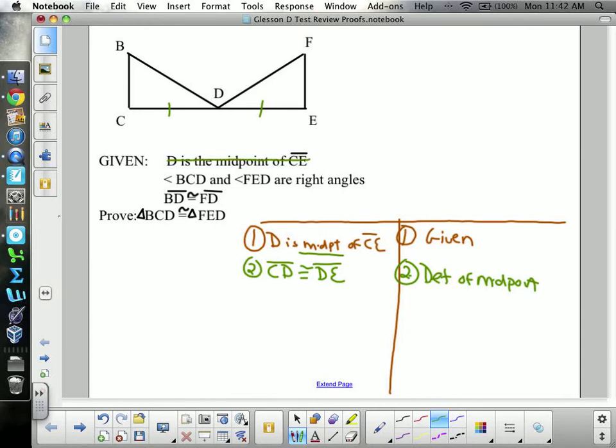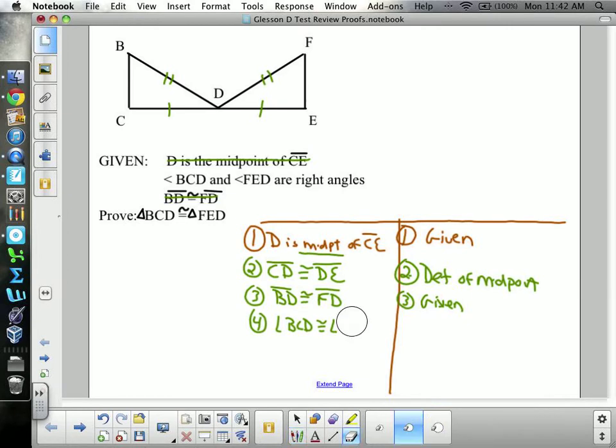I'm going to use this given next. I'm going to jump. I don't have to do them in order. I'm going to use this one because that's like a freebie. I like freebies. BD is congruent to FD. That's given. BD congruent to FD. And now, angle BCD and angle FED